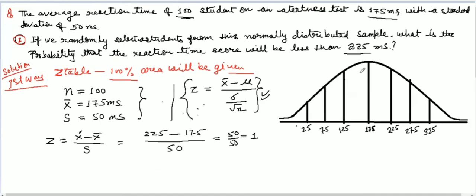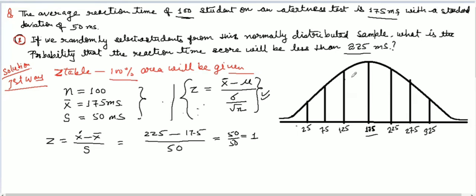And you can understand this with a normally distributed curve. This curve is normally distributed. Here it will be 175, the mean, in the middle. Then go to the right one standard deviation: you add 50 to 175, this is 225. Then again add 50, this is 275. Then again add 50. In the same way, if you go to the left side, minus one standard deviation, you have to subtract 50. Then here you subtract 50 again, and then here again.